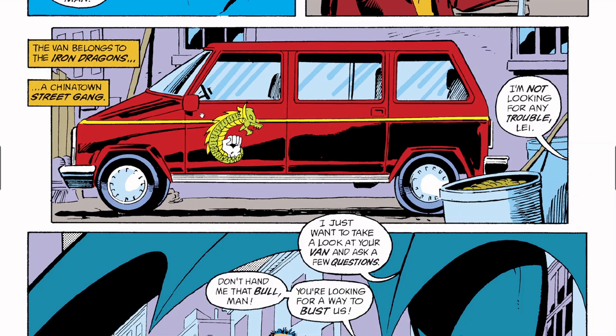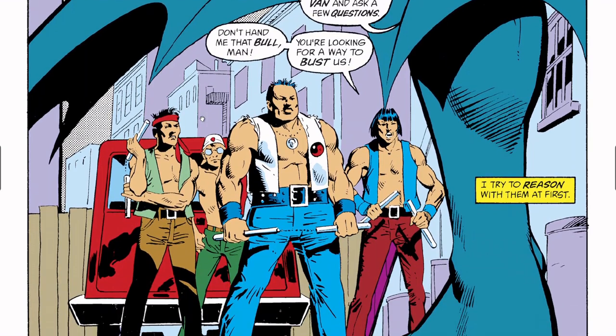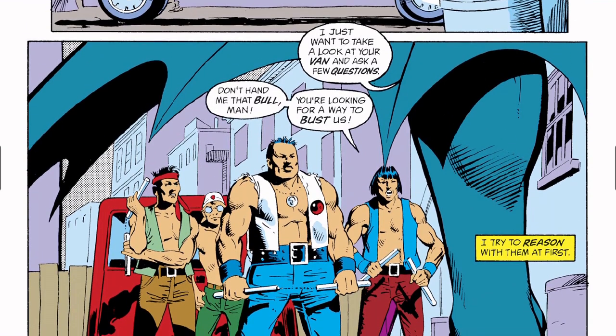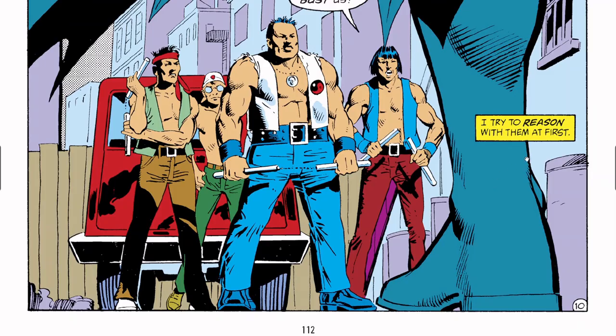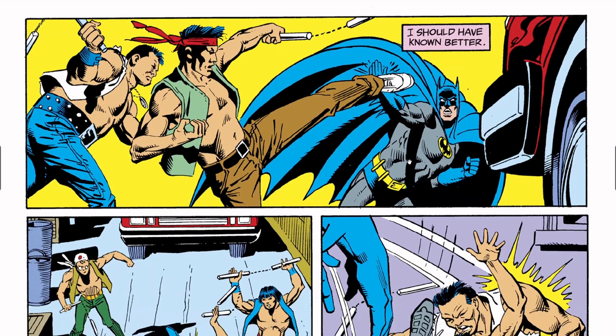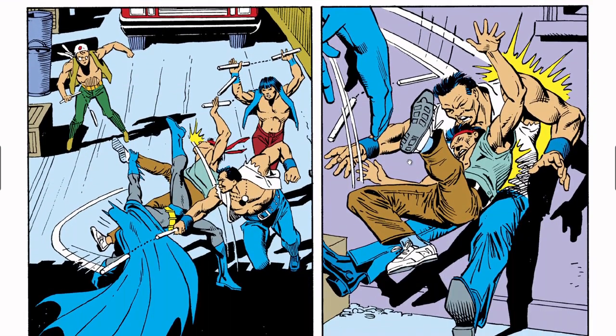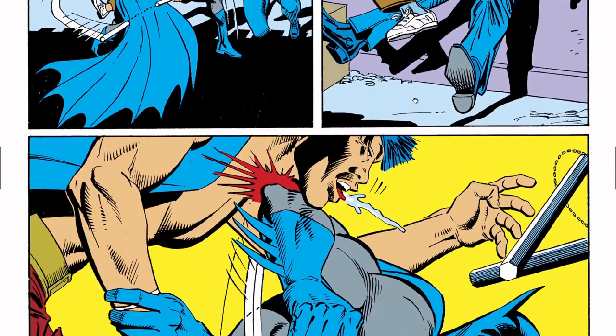So here's the van, and Batman says, "I just want you to let me search it, and then answer a few questions." And this guy's like, that's bull. You're just looking for a way to bust us. So Batman says he should have known better. And he fights them all, and this guy, you can see him here staying in the back, and he fights the other 3,